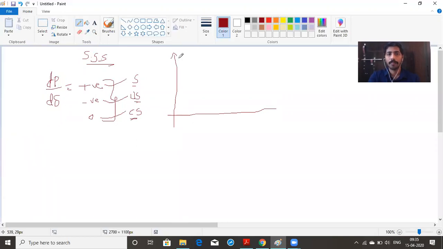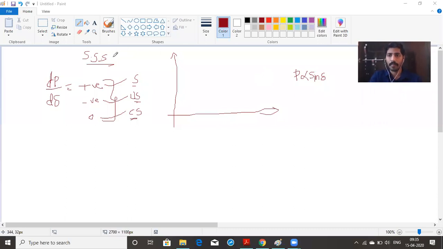We already know that the active power, that is the power delivered P, is directly proportional to sine delta. Therefore, you are going to draw the axes with respect to P versus delta. Coming to the steady state stability,